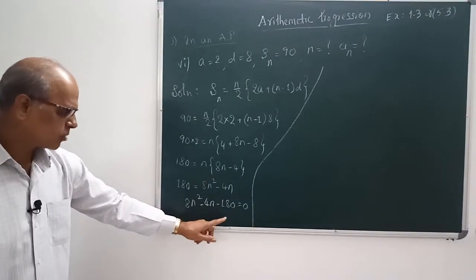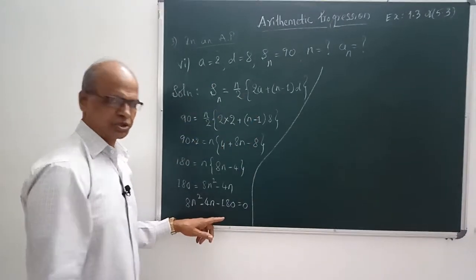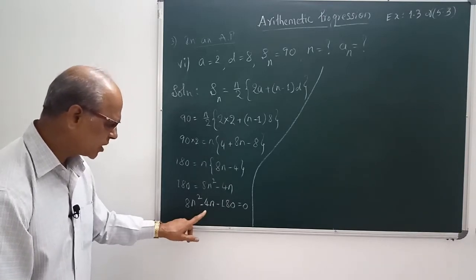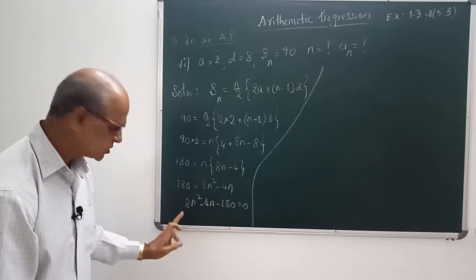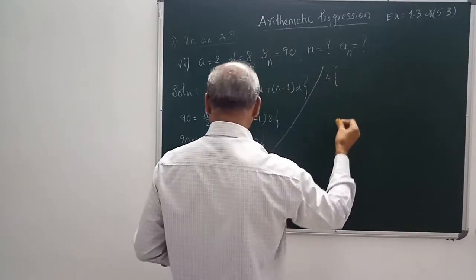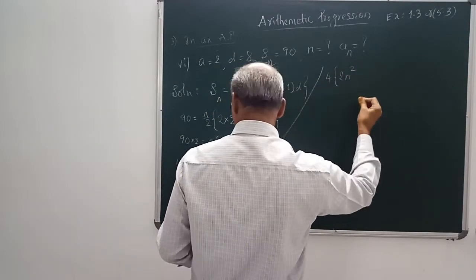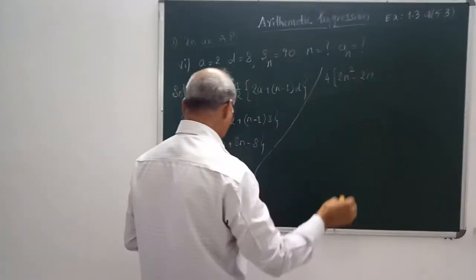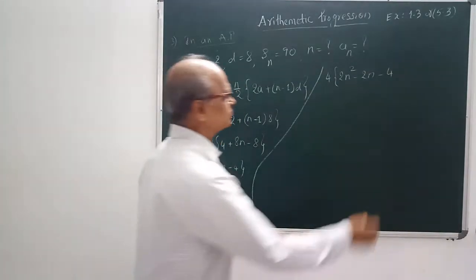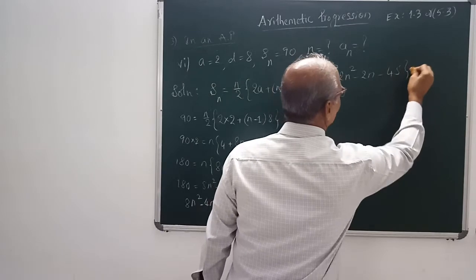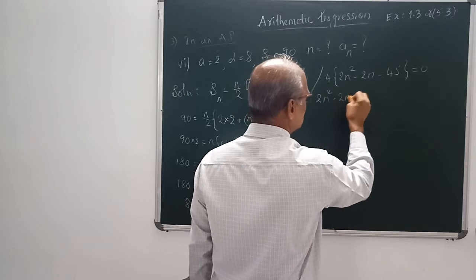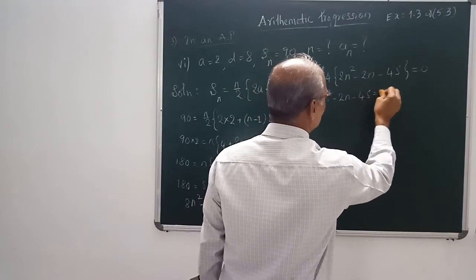Right? This is in the form of a quadratic equation which you are going to learn in the next video. See 8n square, we can take something common here. 4 we can take common, 4 4s are 16, 4 5s are 20, 4 1s are 4, 4 2s are 8, to reduce the equation. That is, you take 4 common. That will become 2n square minus 2n minus 4 4s are 16 here, 4 5s are 45 is equal to 0, and send this 4 to that side. That means 2n square minus 2n minus 45 is equal to 0 by 4.